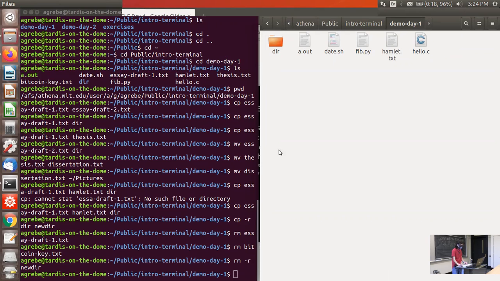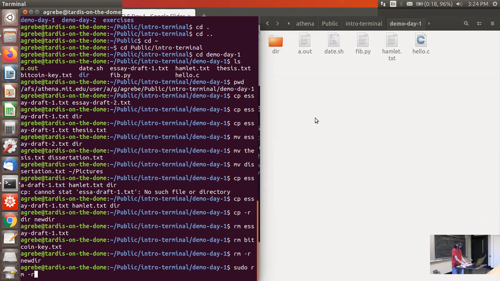And so I told you before that / is kind of the top-level system file on your system. And so if I have administrator privileges on the system, and there's a command sudo that gives you administrator privileges that we'll talk a little bit more about tomorrow, and then I do rm -r for recursive and f for force, where it will forcibly delete everything without warning, and then this top-level directory, I'm not going to actually run this command, because this will delete everything on your computer, including all system files.